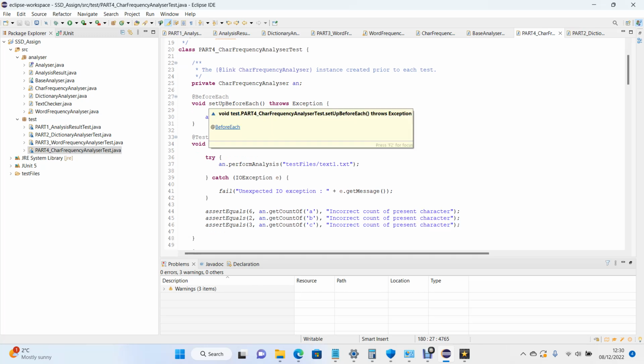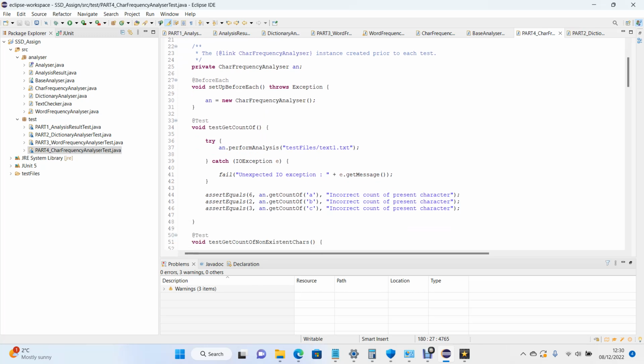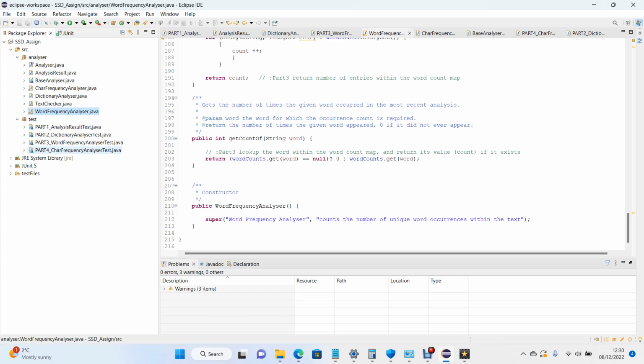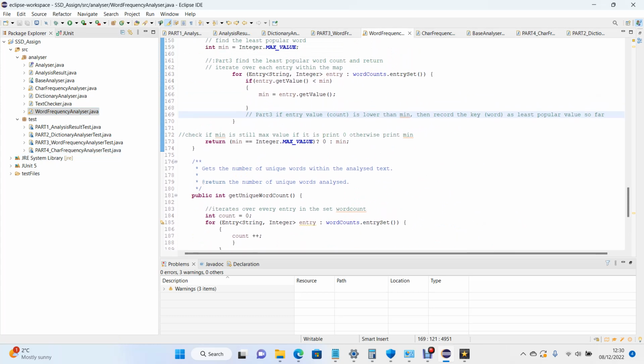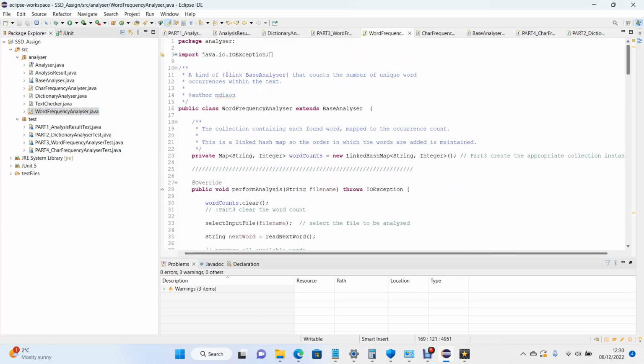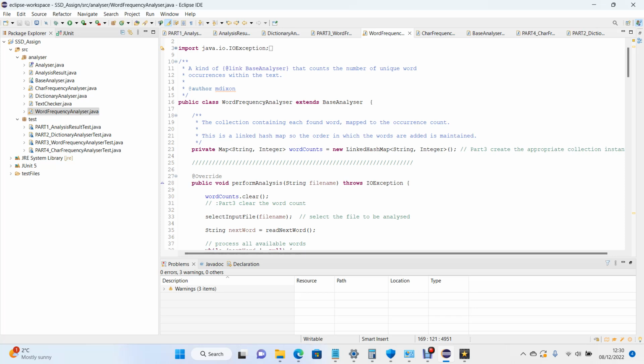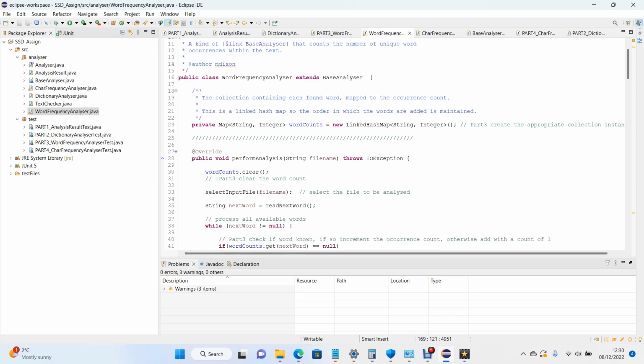So those are the tests. So it counts the number of unique word occurrences within the text. Word frequency